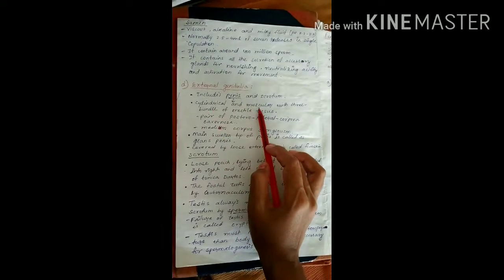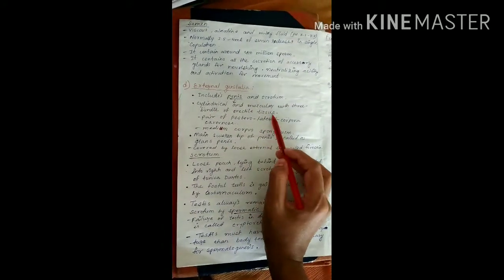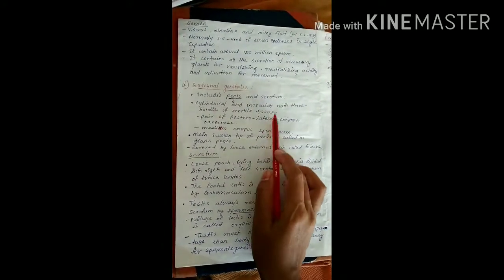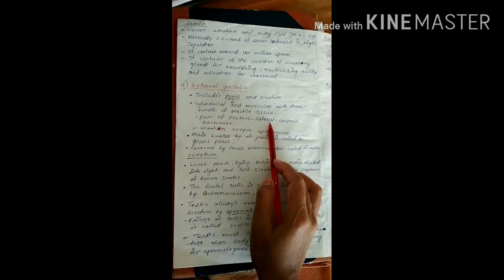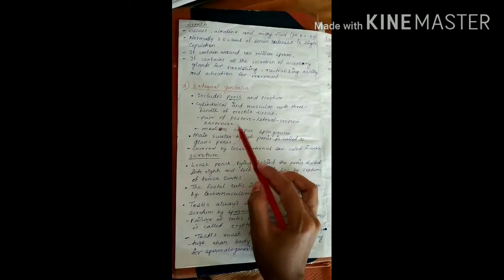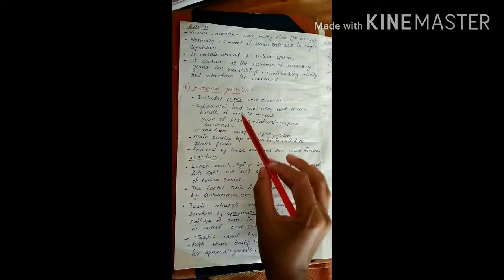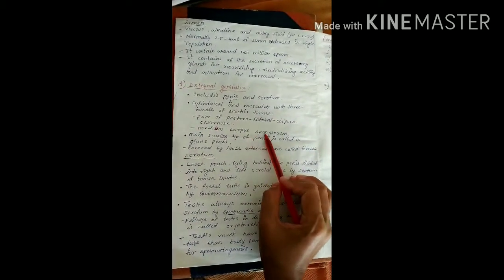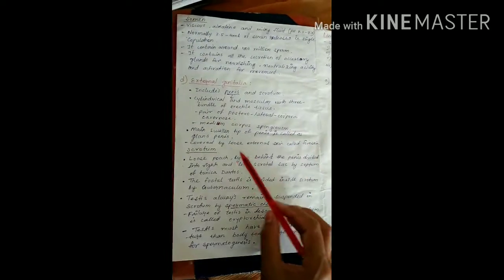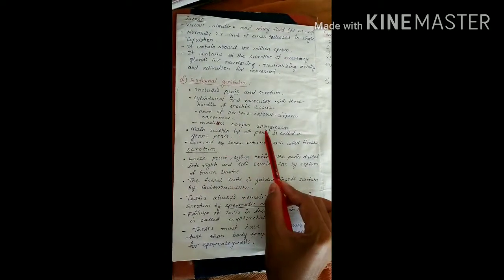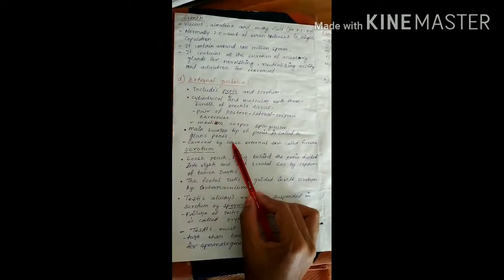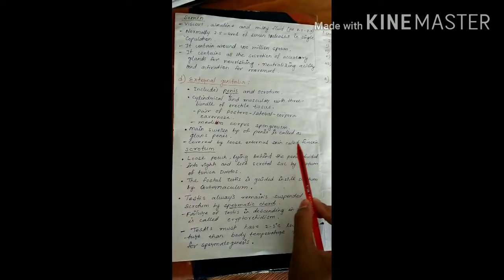It is cylindrical in shape and muscular with 3 bundles of erectile tissue, that is a pair of posterior lateral known as corpora cavernosa, and in the medium, present in the middle, is known as corpus spongiosum. And the main swollen tip of the penis is known as glans penis.